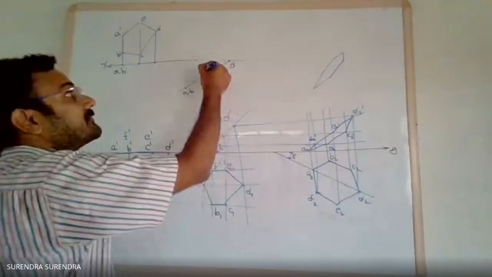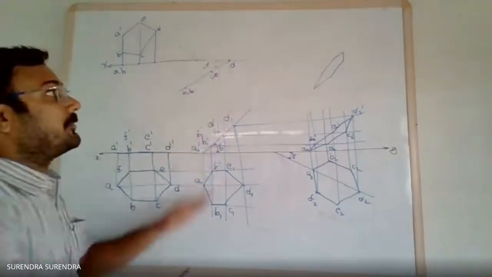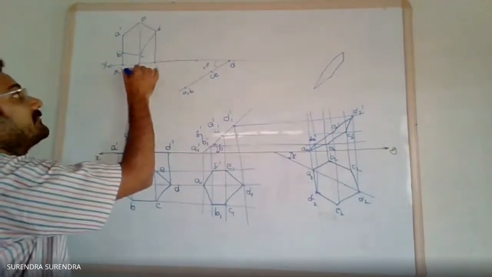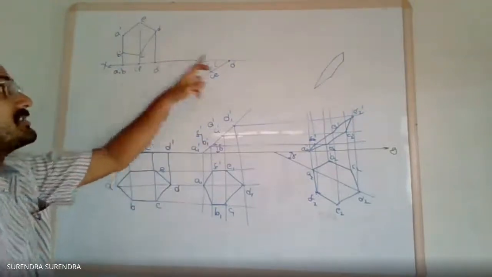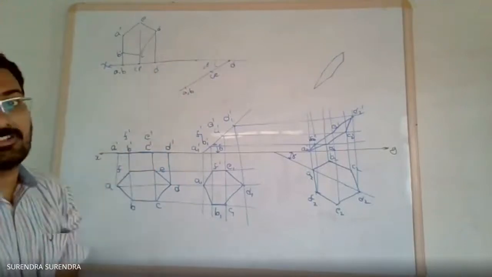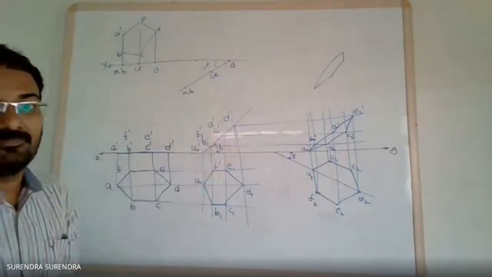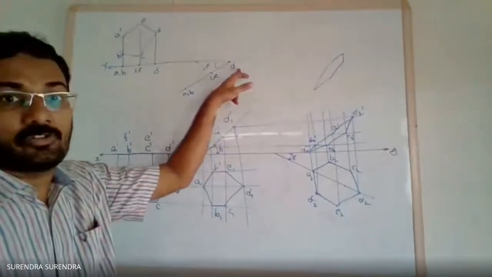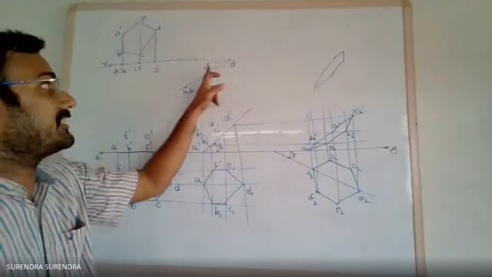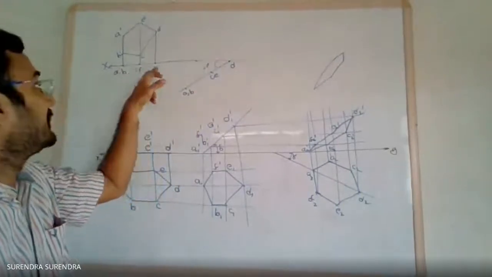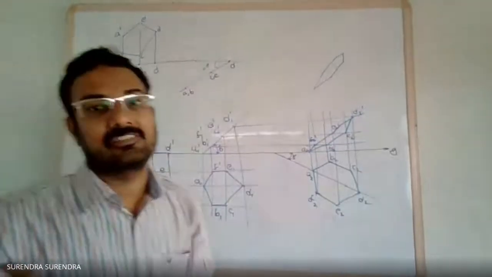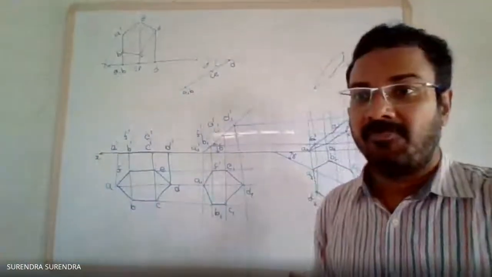After marking 60 degrees, measure the distance from D. We take D as the fixed point, so take the distance D to C and draw an arc with center D, radius R. Then take the distance D to A and draw an arc with center D. Not from A. We are taking D as a fixed point and rotating about point D. So measure D to C with center D. Next, measure D to A with center D. Complete this. And finally,